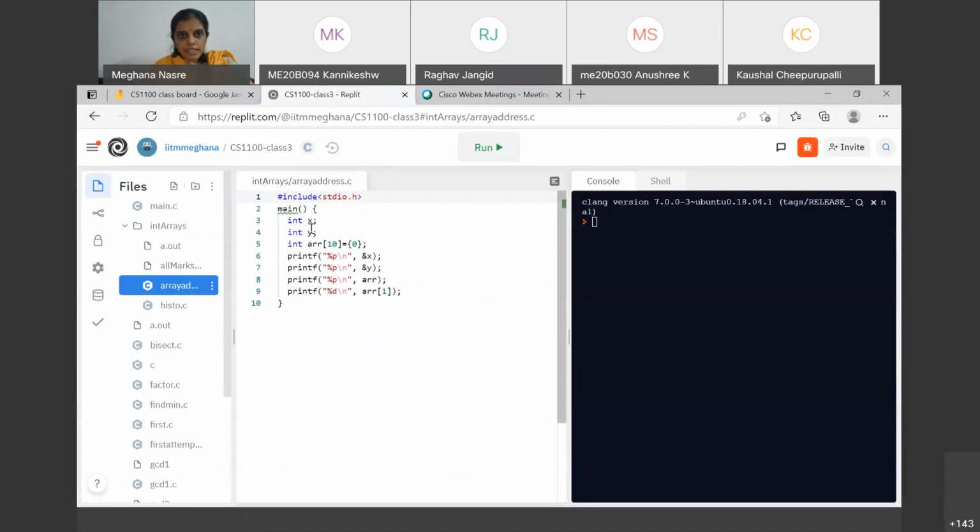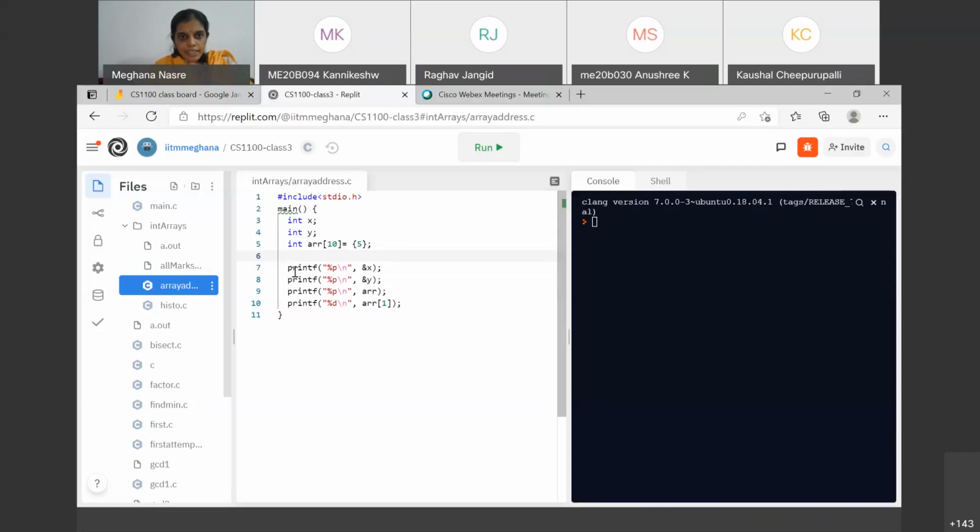Okay, so what I have done here is a very simple program. I have defined two variables, integer x, integer y. I could have done the definition on the same line. I have also defined an integer array called ARR, and it has size 10. And again, I have used the initialization that I have shown here. Actually, I can also do this to show you this. And then let's read these statements. These are slightly new statements that I have written.